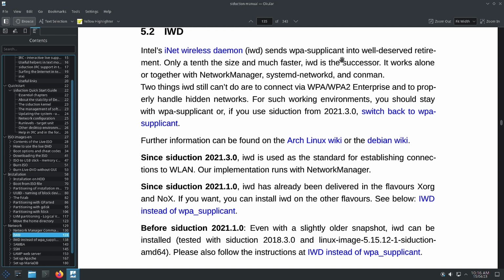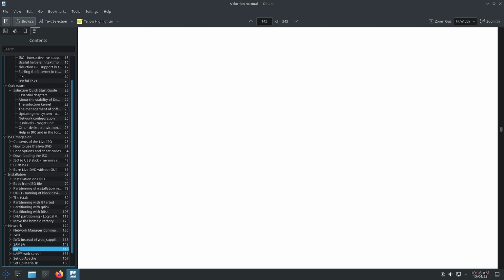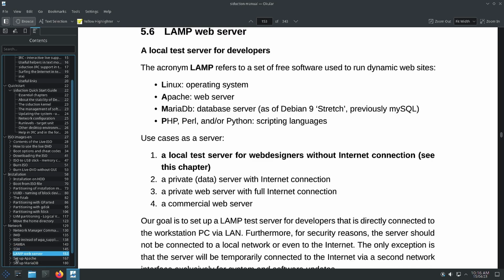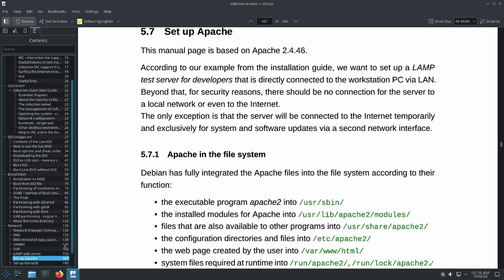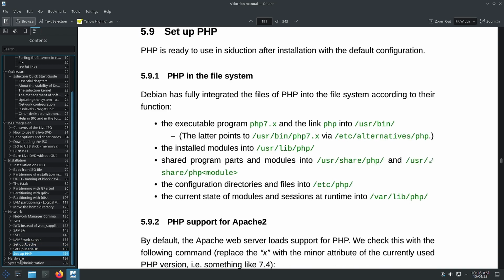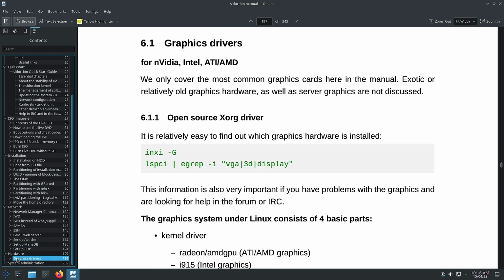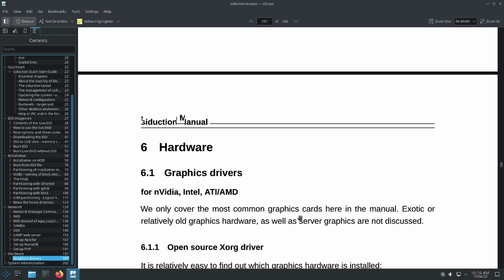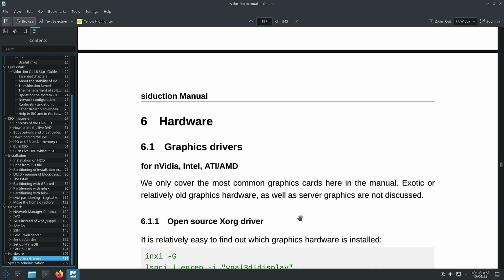So how to use it to configure your Wi-Fi, how to configure the Samba shares, SSH server, LAMP web server, set up Apache, how to set up the MariaDB, set up the PHP, what are the different graphics drivers, how to install those. This is especially important for people having a graphics card. You might be having the AMD card or the NVIDIA card, then how to use the system to install all